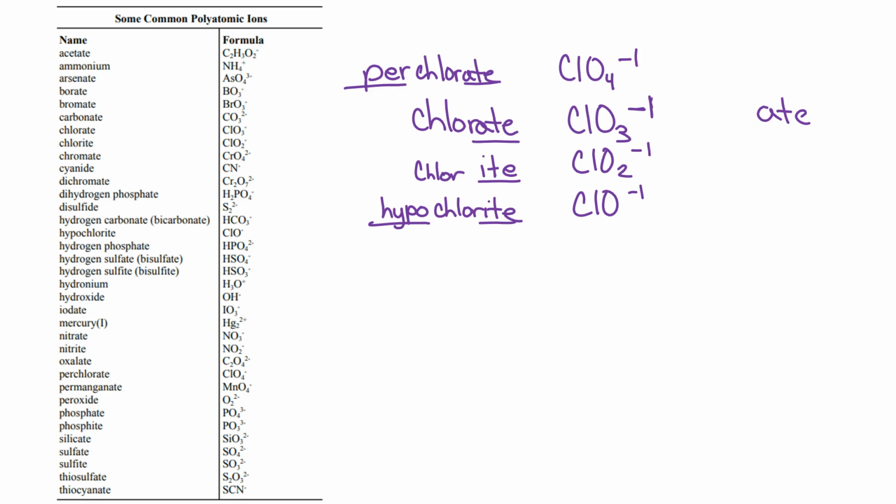And if it goes from ite to hypoite, that's 2 less oxygens from the ate, or 1 less oxygen from the ite. All right. So